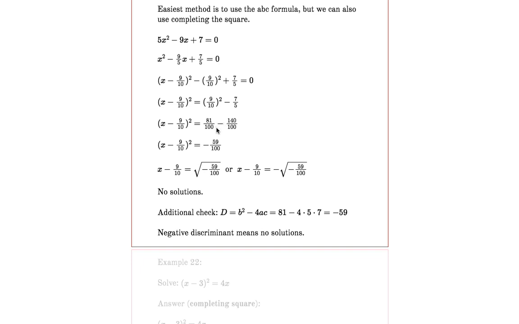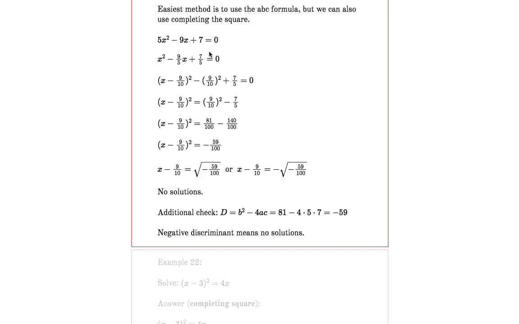So this is just a fraction, it's minus 59/100. Then we take the square root of this and negative the square root, but because this is negative, we see